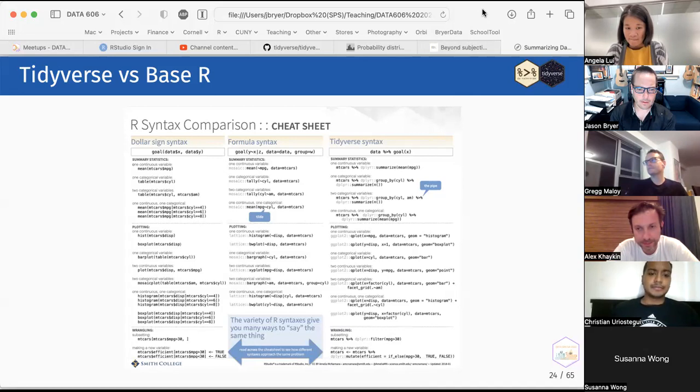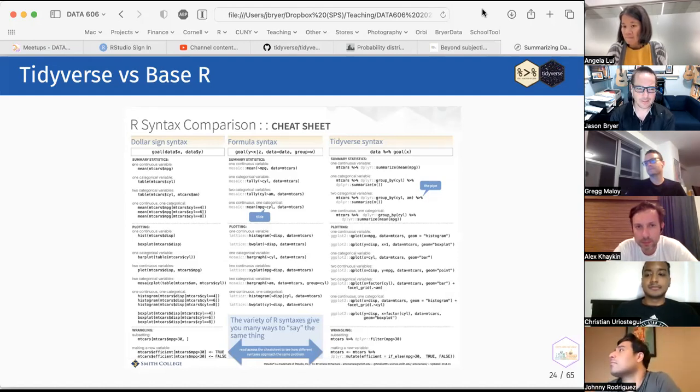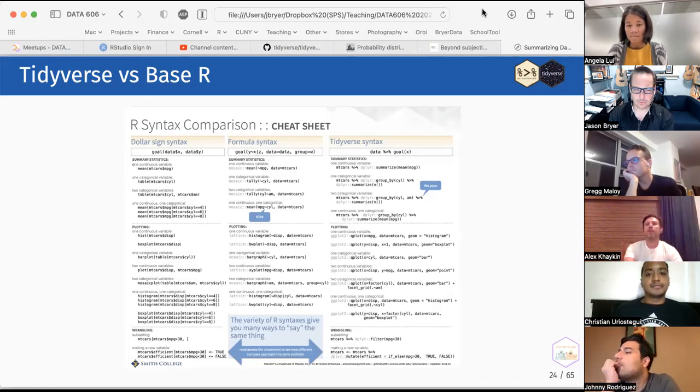So I like this slide, and I only point out the left-hand column because I am old enough that I learned R before tidyverse existed. And so I will, on occasion, slip into this dollar sign notation. There's some interesting debate on Twitter about all this. There is actually one prominent R user who, for some odd reason, seems to make it his mission to sort of push against the tidyverse, but